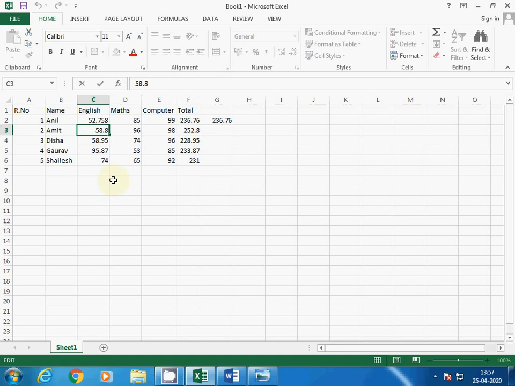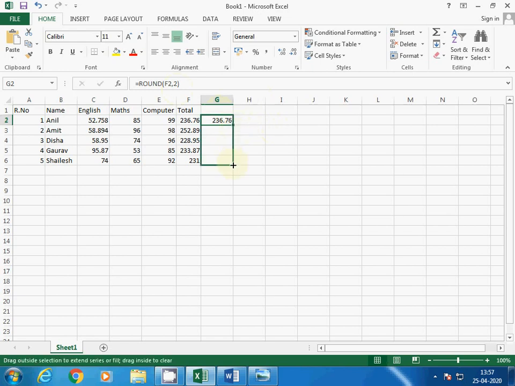Similarly, if the digit is not in 5 to 9 but is 0 to 4, then the value remains the same. It is not rounded up. So here I am writing 89.4. The output is simply 89.